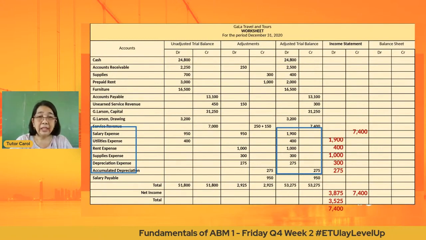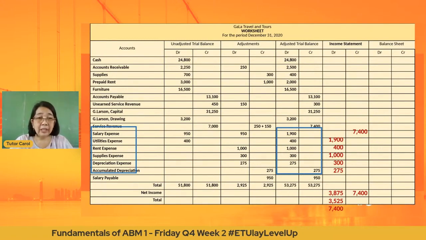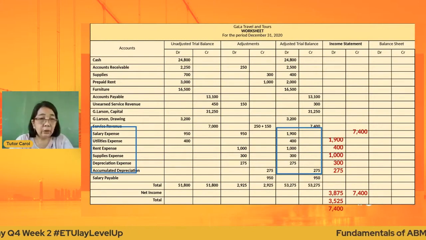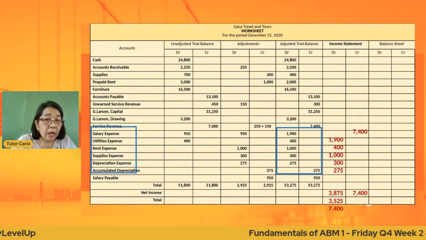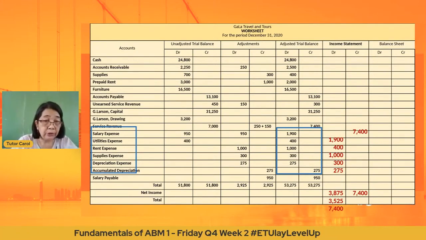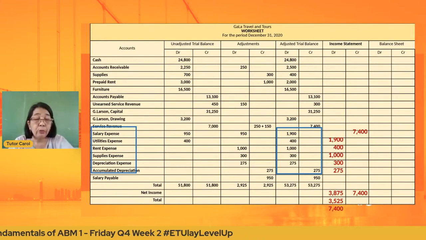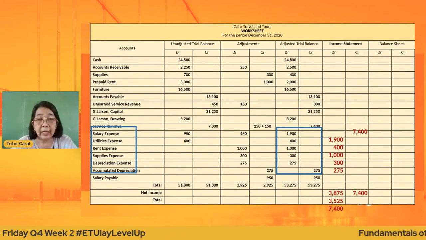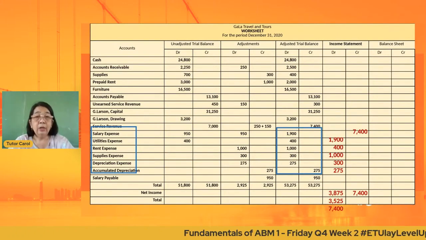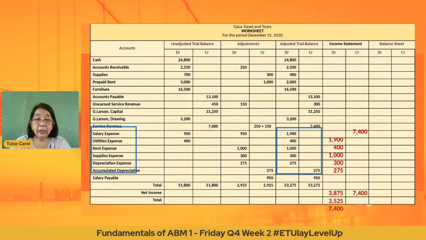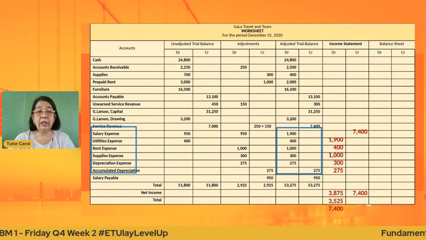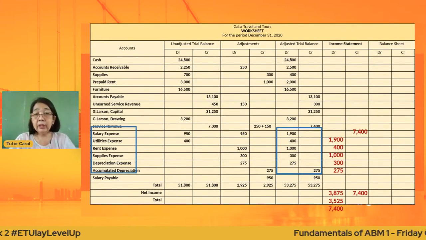Okay, so anong mga ilalagay natin sa income statement? Ang ilalagay natin dyan ay revenue and expenses. So, meron tayo starting with service revenue until depreciation expense. Okay? So, i-forward mo lang ang mga amounts niyan sa ating income statement columns. And then, debit side, ang total natin for the debit side is 3,875. Okay, sa credit side,